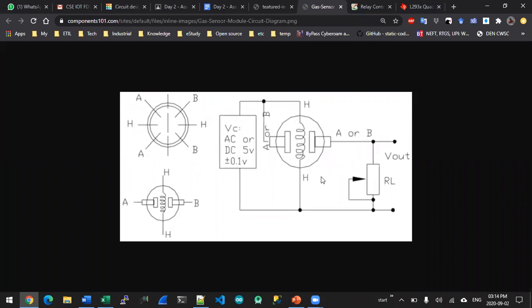And then there are two terminals where it is written A or B from the left or right. So there are a total of two A terminals and two B terminals. They are joined, meaning one A is joined to the second A and one B is joined to the second B, so just two pins are available. You can see on the left hand side the pin configuration.